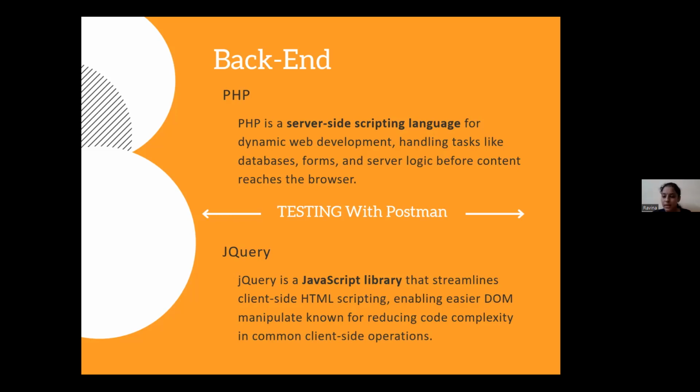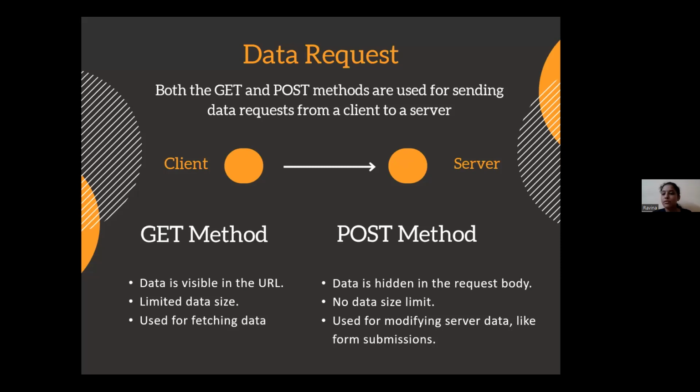It is a JavaScript library which connects the PHP to the front end. The PHP was already connected to the database, then it is connected to jQuery to make the web page dynamic. So after getting the output, it should be displayed in the web page. That is done by jQuery. jQuery will play a role in the data request. On talking about the data request, we have 2 methods, that is the get method and the post method. It is a request from the client side to the server side.